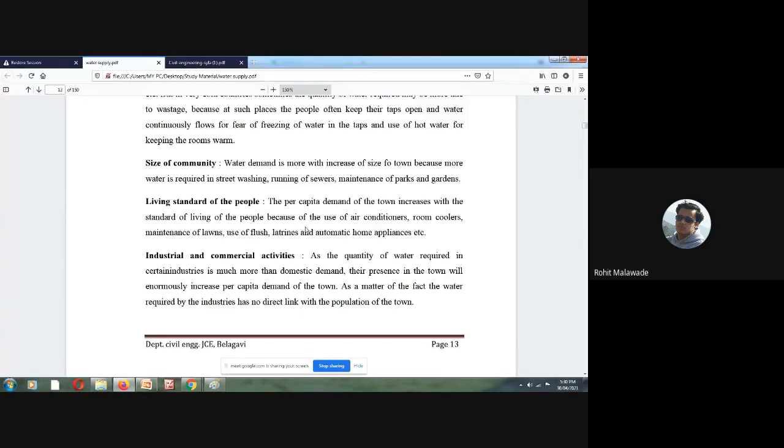Industrial and commercial activities. Consider the quantity of water required in the commercial area as compared to the domestic area, right? According to the different industries, there is a possibility that they may use a huge quantity of water in the industry as compared to the commercial areas. But again it is dependent on the type of industry which they are dealing with. Okay, next is